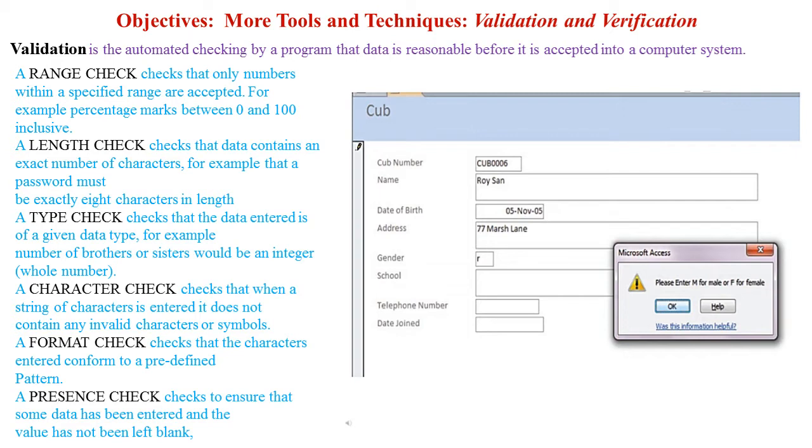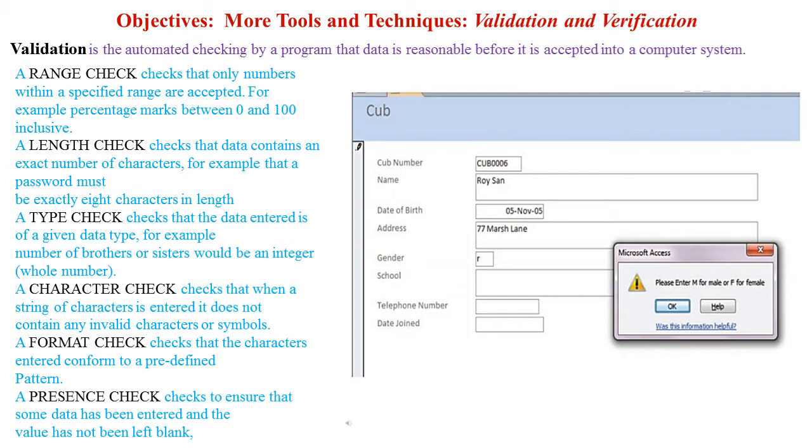A character check. A character check checks that when a string of characters is entered, it does not contain any invalid characters or symbols. For example, you are entering your full name. Okay, can your full name contain a question mark or a $ sign? No. So a character check will check that you are entering the right type of characters.